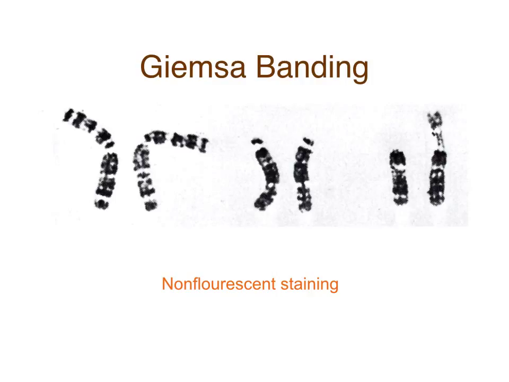Here are the Giemsa stainings. These are ones that I think you do in some other labs here. I can't remember which class it was, but I know students have done these before. These are sort of traditional ones. They're non-fluorescent staining, but again, you see that different parts of the chromosomes are taking up the stains in different amounts. That allows you to, one, distinguish different kinds of chromosomes, right? And two, sometimes, and we'll get to this in a little bit, distinguish between parts of a chromosome.